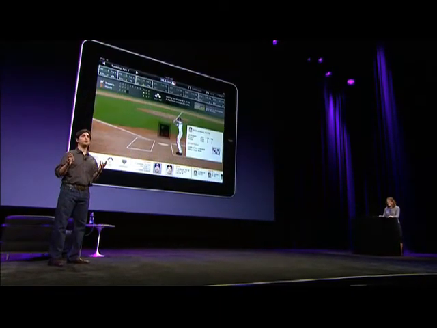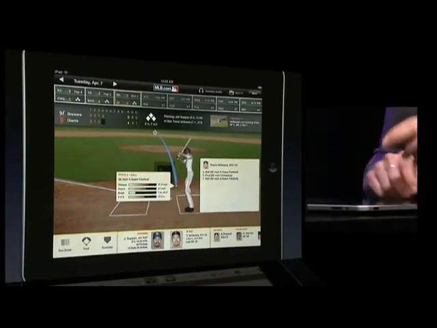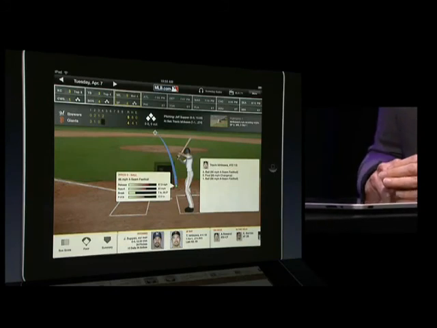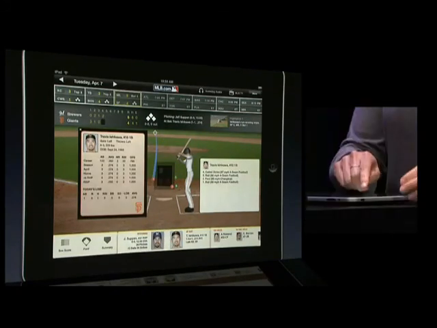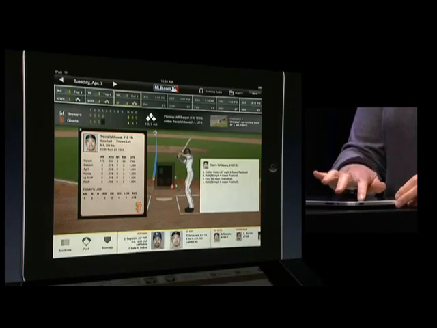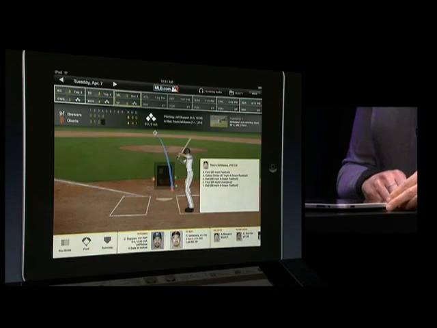So you're currently looking at our live game experience with data from last April. Across the top, you have our league scoreboard, which allows you to navigate to any of the day's games. On the field, you have our game day pitch tracker, which shows you the trajectory of every pitch thrown. And you can tap on a pitch to bring up additional details. You can also tap any player to flip open his baseball card. So you can see all the stats relevant to the current game situation. And now, with all this great screen space, we can actually show you video